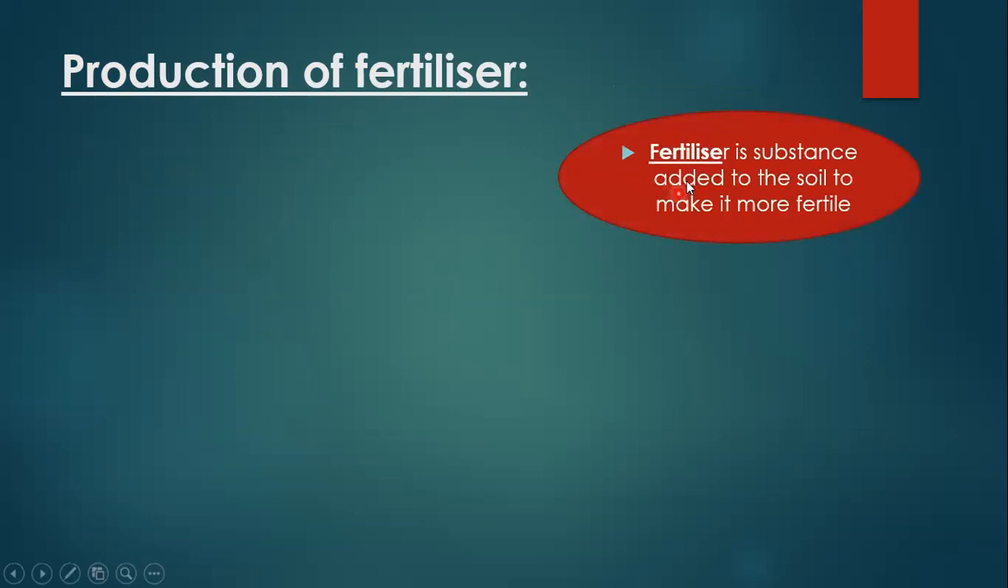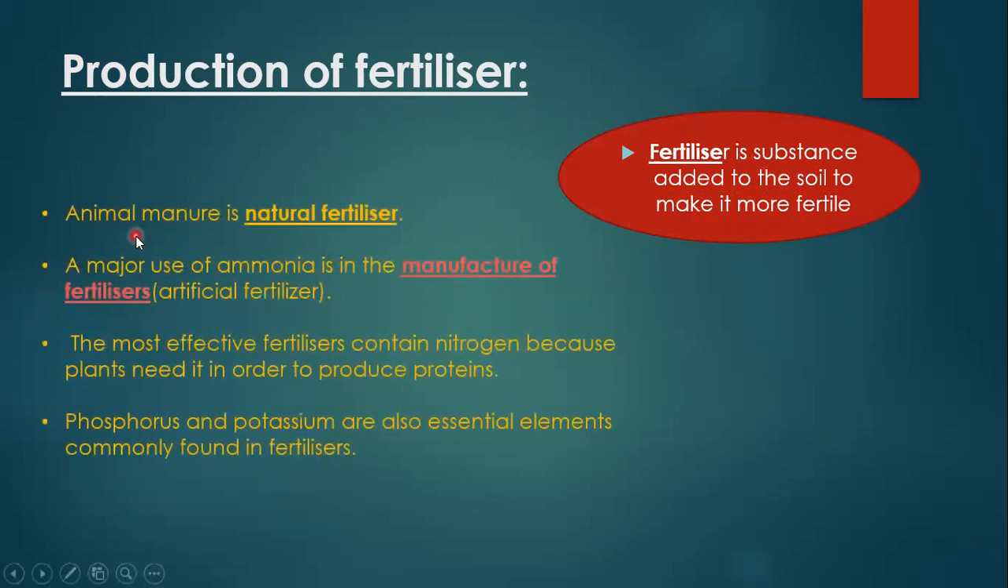The next one is the use of ammonia in the production of fertilizers. Firstly, we will discuss what a fertilizer is. A fertilizer is a substance that is added to the soil to make it more fertile, or to increase the fertility of the soil, to increase the concentration of important nutrients in the soil. Fertilizers are used. If we look over the detail, animal manure is the natural fertilizer,